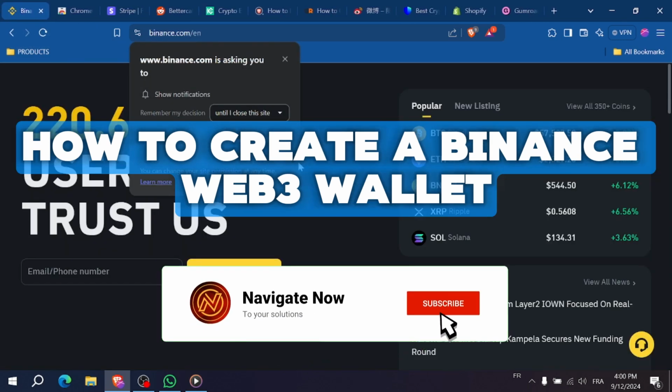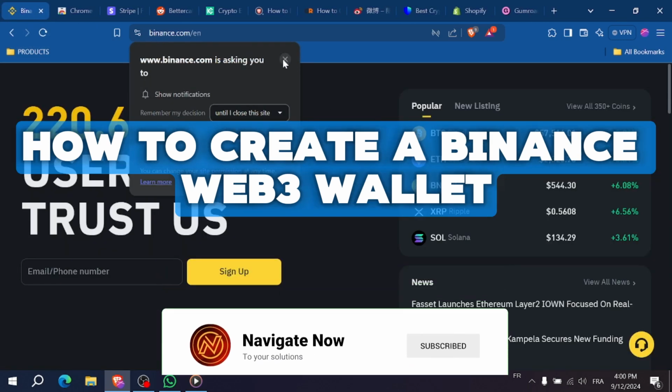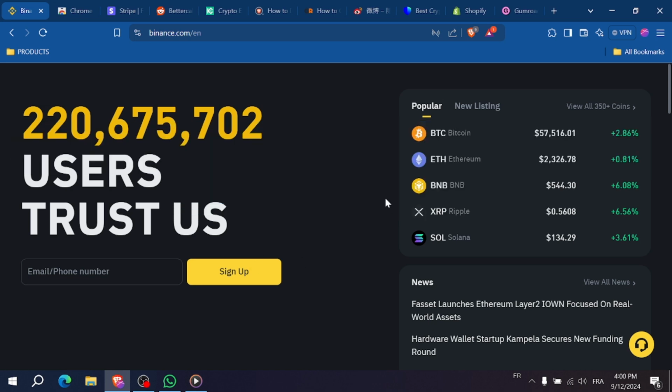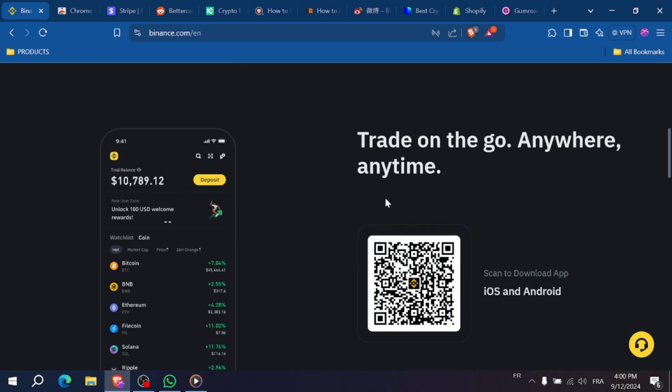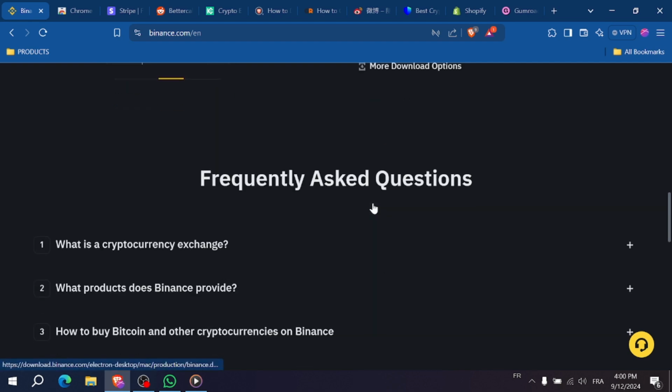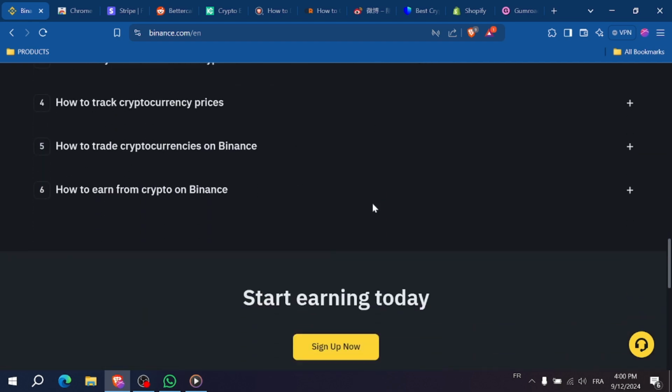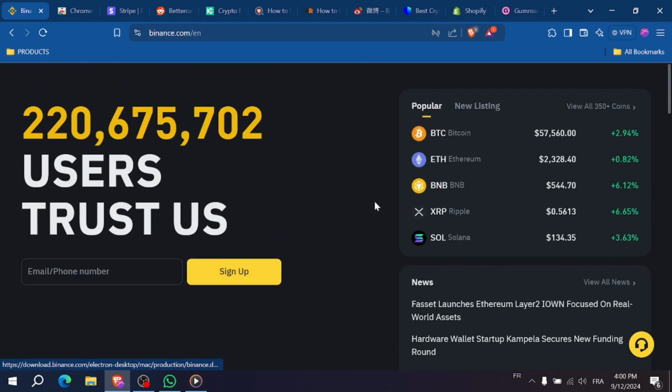How to create a Binance Web3 wallet. Welcome. In this video, I'll guide you through the steps to create a Binance Web3 wallet. It's a quick and easy process allowing you to manage your crypto assets on the Binance Smart Chain. Let's dive right in. First, go to your browser and search for Binance Wallet extension or head directly to the